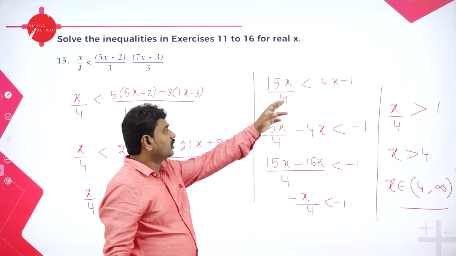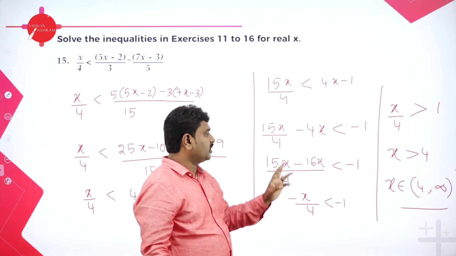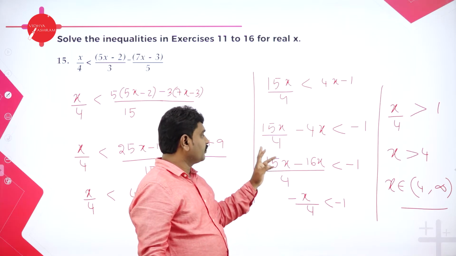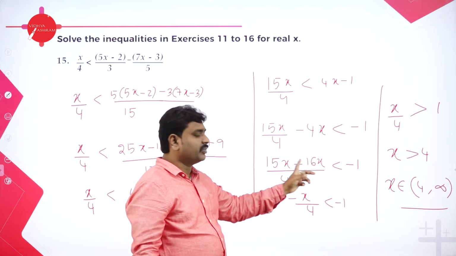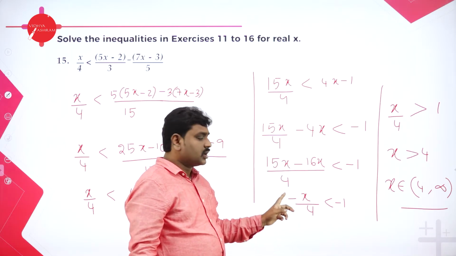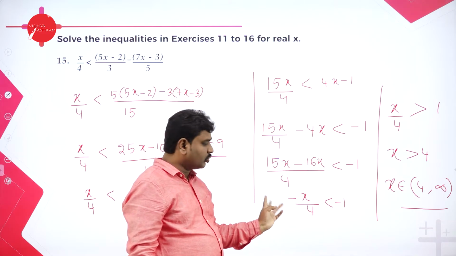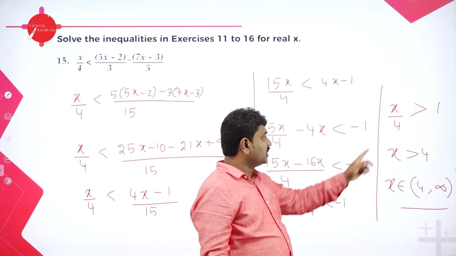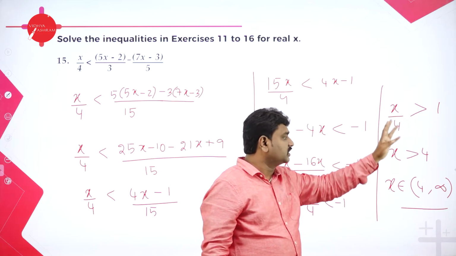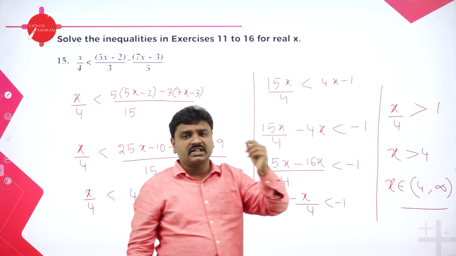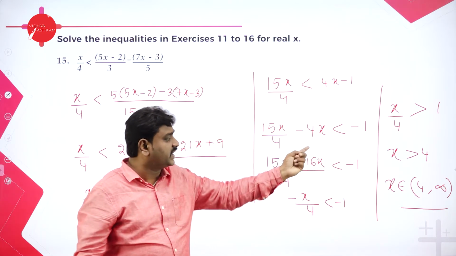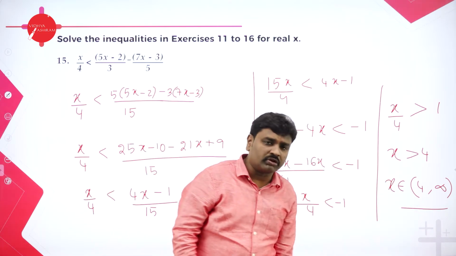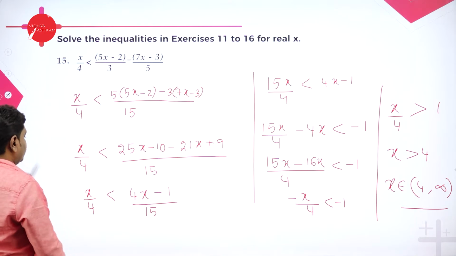So here 4x you bring to LHS, it will become minus 4x. Take LCM, 4 is the LCM and 4 4s are 16. 15 minus 16 is minus 1x. But quotient of x should not be negative, so multiply by minus on both sides. The inequality sign flips: positive x, positive 1, less than becomes greater than. 4 is not included, x greater than 4, strictly greater than 4. So open interval 4 till where? Infinity. Next we have